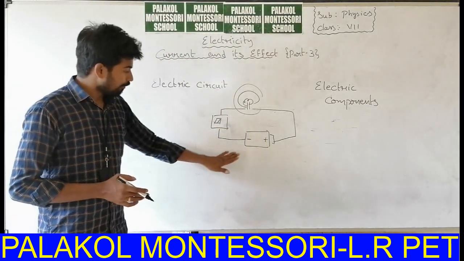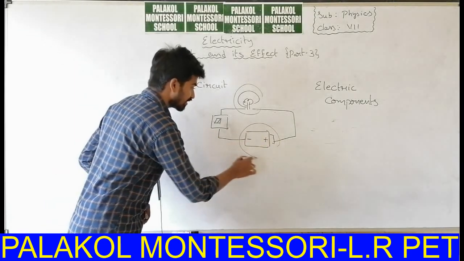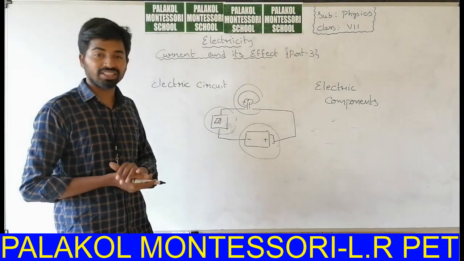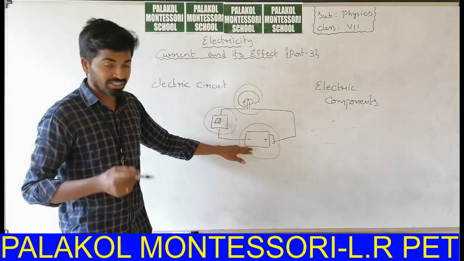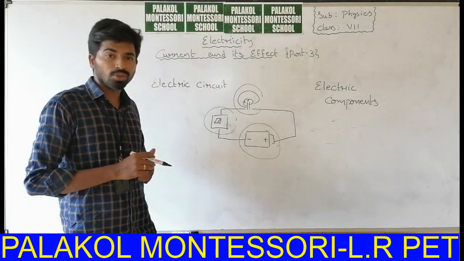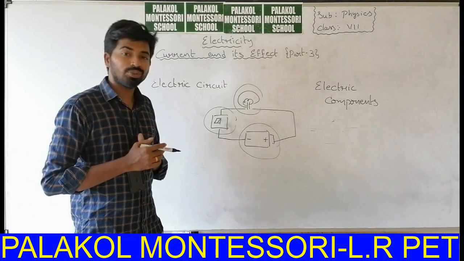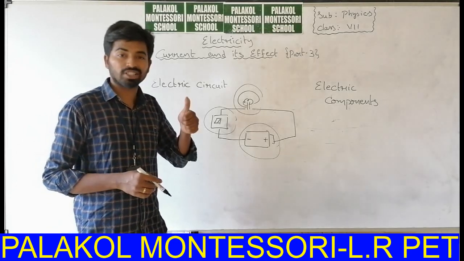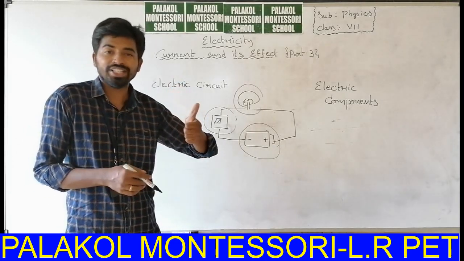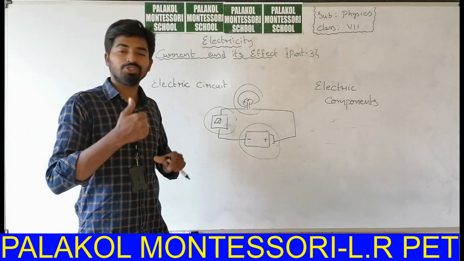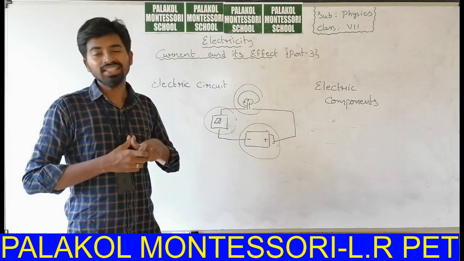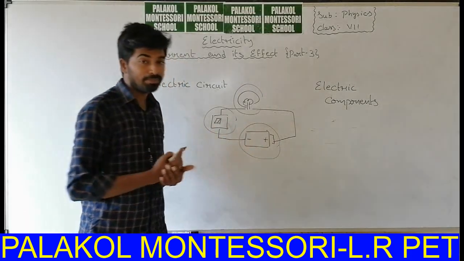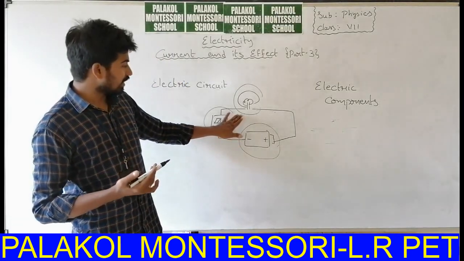Every time we do not need to draw a battery like this, or a switch like this. It is very difficult to draw a diagram like this, or to represent the battery like this. Whenever we want to go and drink water in the class, how do we ask? Sir, shall I go to drink water? We will show some symbol, so you do not need to ask anything. If you show the symbol, I can understand that you need some water. Similarly, these diagrams will be replaced by some symbols.